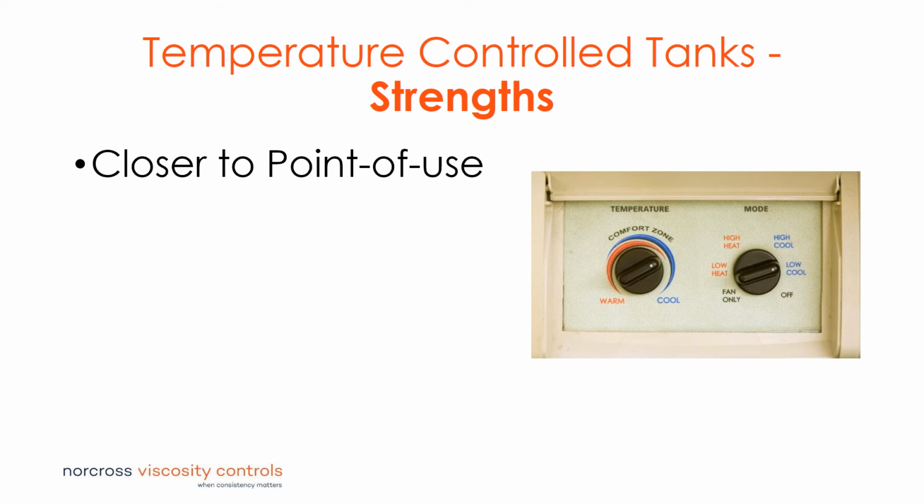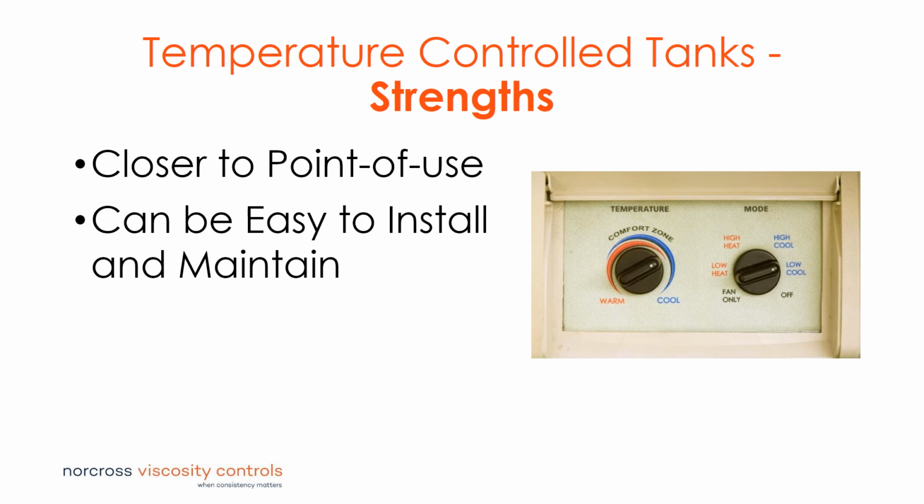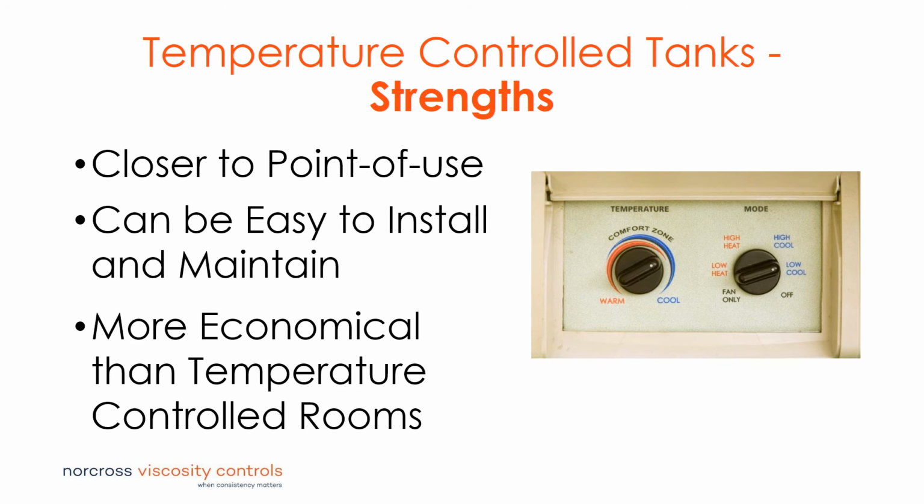This means that the distance the fluid travels after it leaves the tank can be much shorter and therefore expose the fluid to less opportunity for temperature change. They can be easy to install and maintain. Jacketed tanks can be installed when the process is created, but tank temperature control can also be added as a retrofit in the form of clamp-on jacketing or temperature-controlled inserts that immerse right in the fluid in the tank. And probably the most attractive feature to this approach is that it's more economical than temperature-controlled rooms. Because they focus temperature control on the fluid instead of the environment, temperature-controlled tanks are more economical to install and